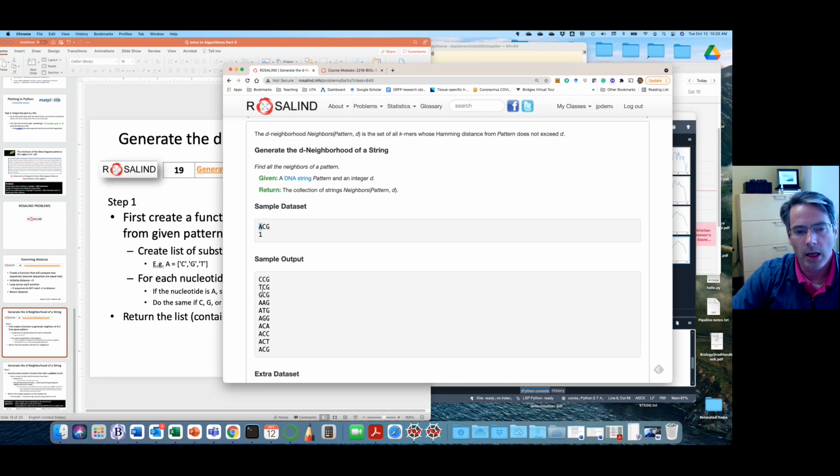For A, it substituted CTG and left the CG alone. Then it left the A alone and had a C, so it substituted ATG. Then it leaves the A and the C alone, and on the G it substitutes A, C, and T. And then it includes the pattern that you started with,